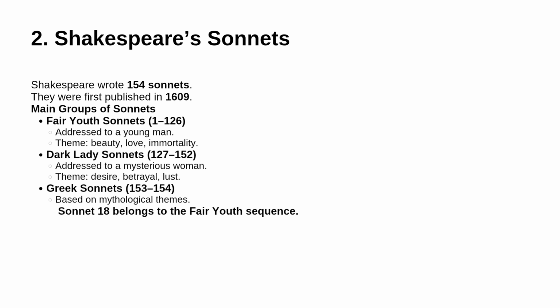The second group is called the Dark Lady Sonnets, which includes sonnets 127 to 152. These poems are addressed to a mysterious woman often described as the Dark Lady. Unlike the idealized love poetry of earlier traditions, these sonnets present a more complicated relationship involving passion, desire, jealousy, betrayal,